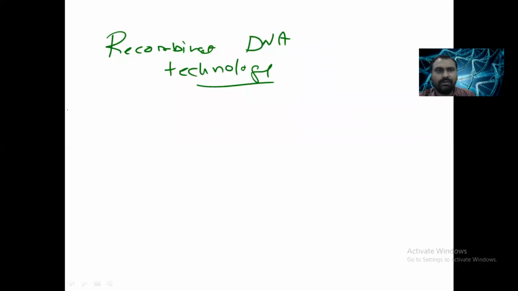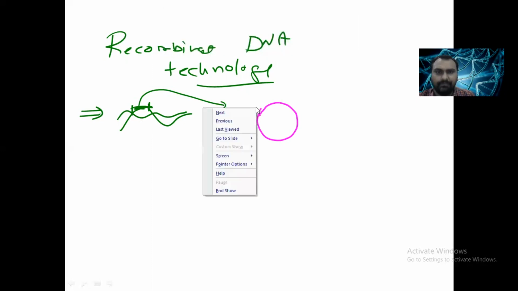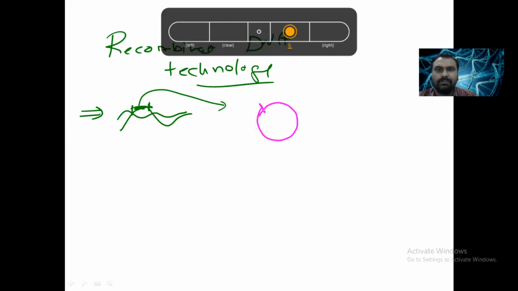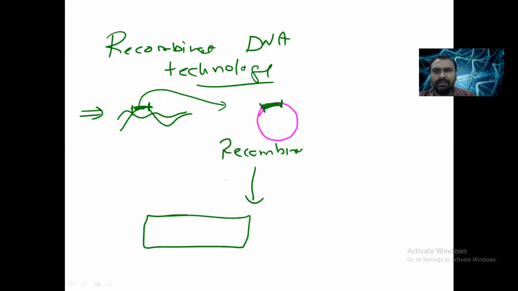So in summary, what we can summarize in recombinant DNA technology, that we take the desired gene of interest via the restriction enzyme, and we put it into the vector. In vector we can make the cut via the same restriction enzyme, and then we can join this via the DNA ligase. This is called as a recombinant DNA. Now we put it into the host cell, via different method.